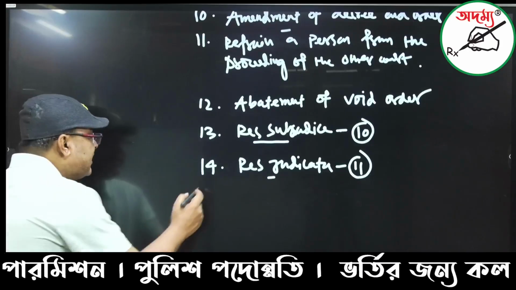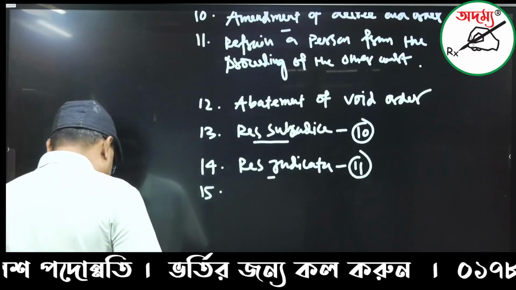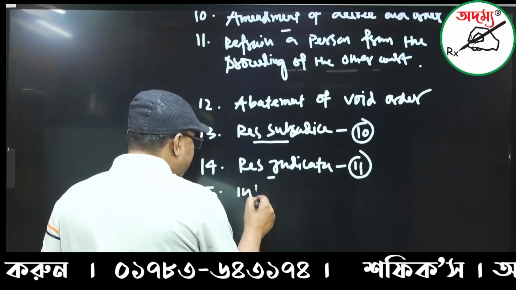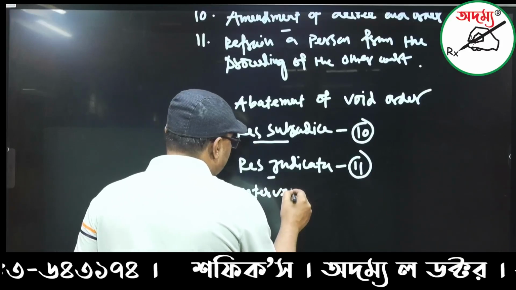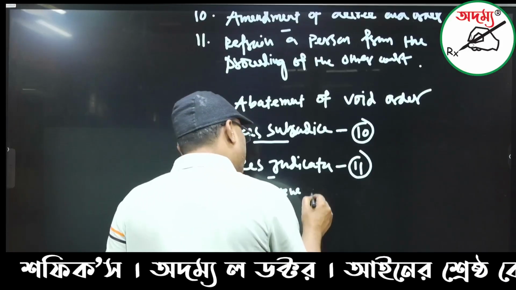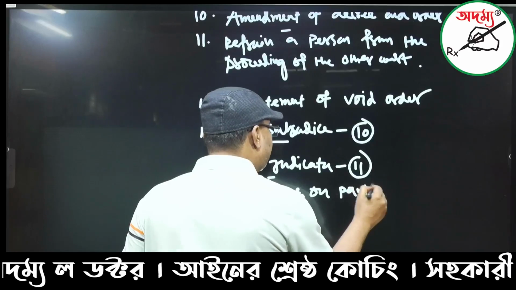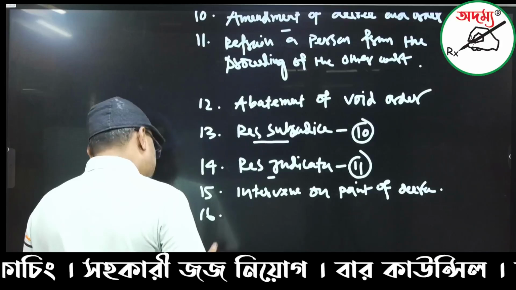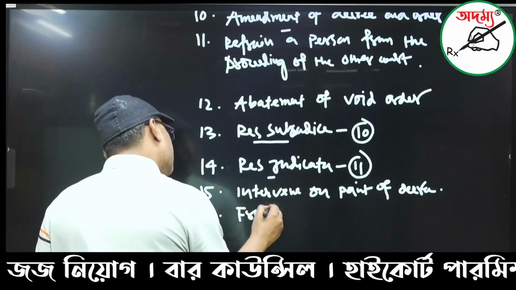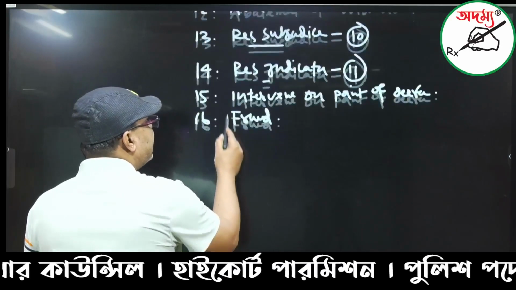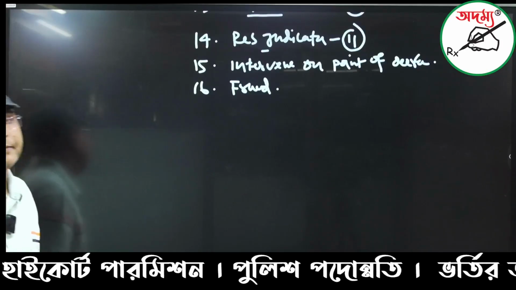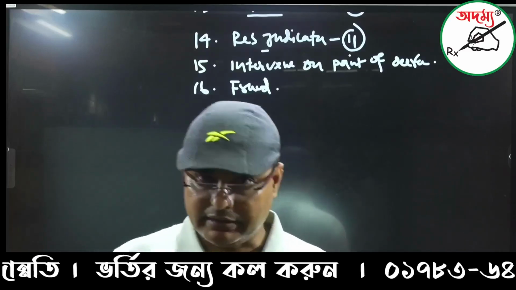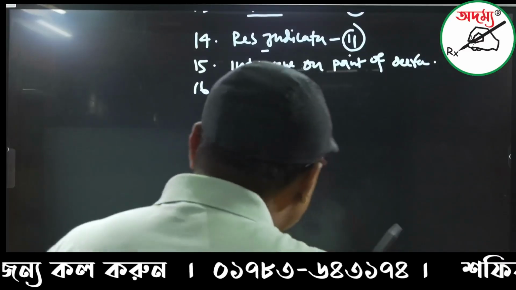And not only that, section 15 prescribes the intervening power on point of decree, and section 16 as well. So if any fraud has come into force at the time, inherent power will be exercised before the court of law. All the courts will exercise this power. There is no hesitation in this regard. And this is the systematic way.